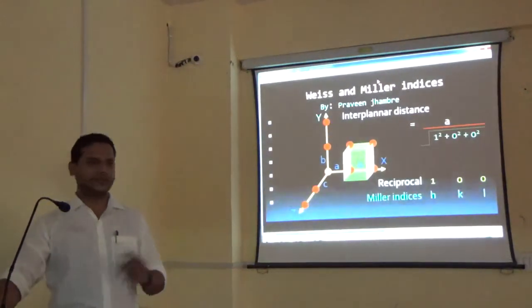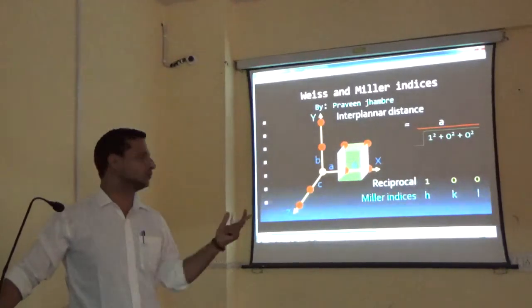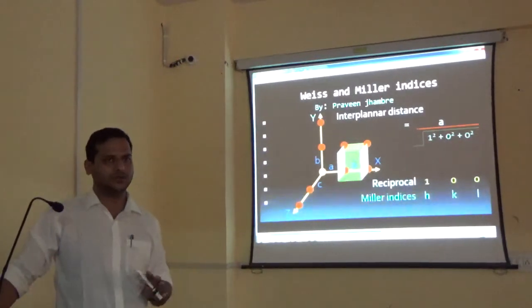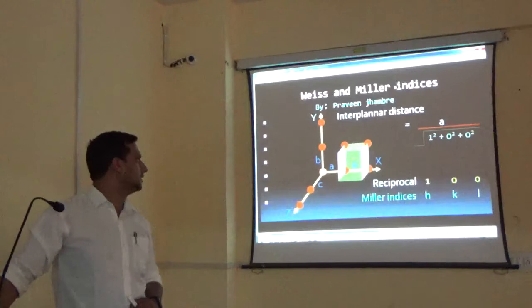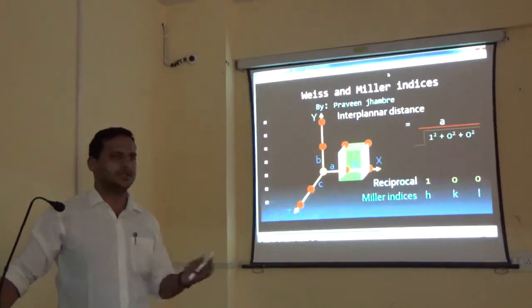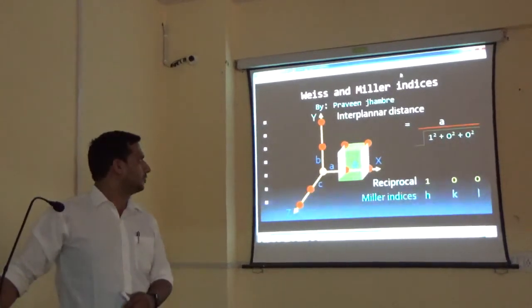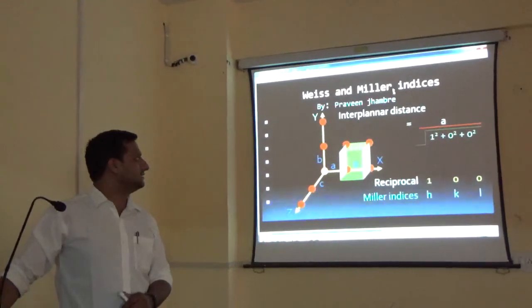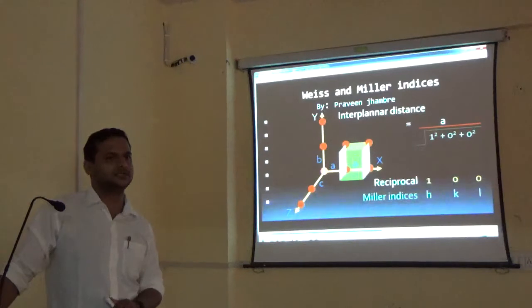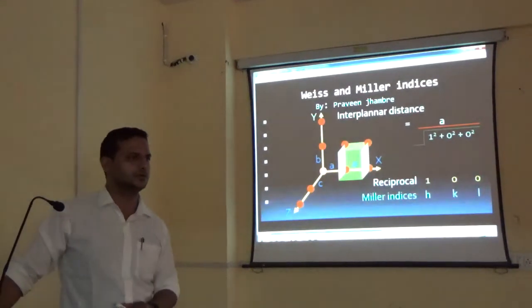First of all, Miller is a person. Firstly, who discovered this kind of thing? Miller and BCC also is an assistant, but his name is not so popular. So Miller gives the value of indices. First of all, you have to know the actual meaning of indices. Indices is not an English word.